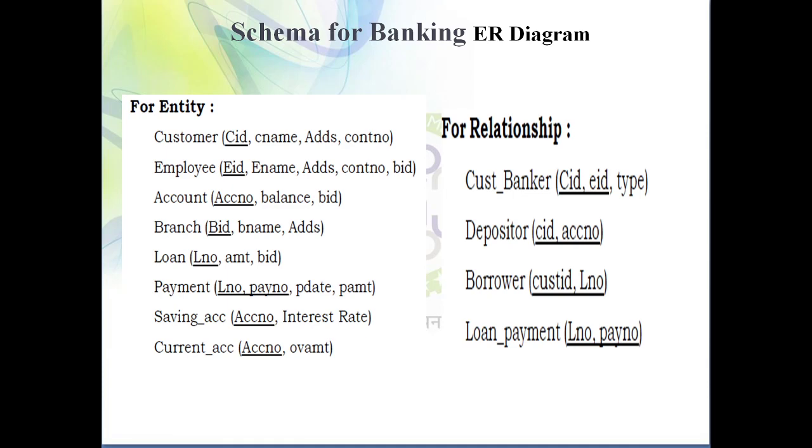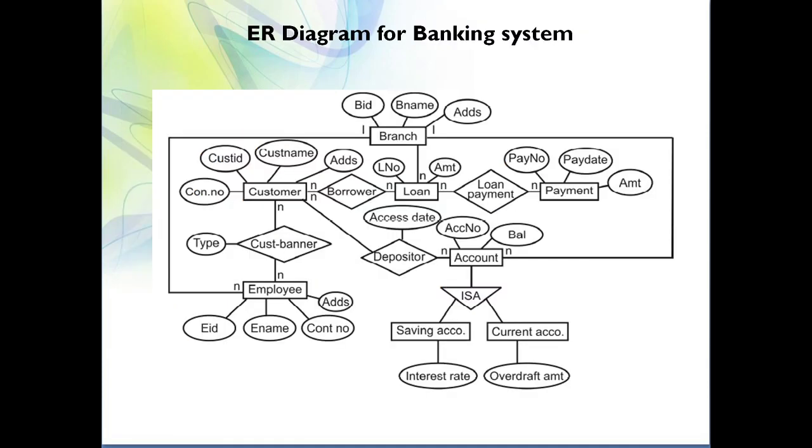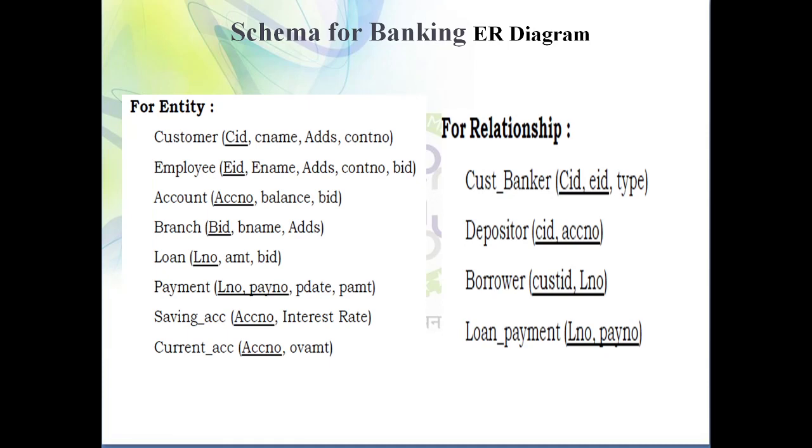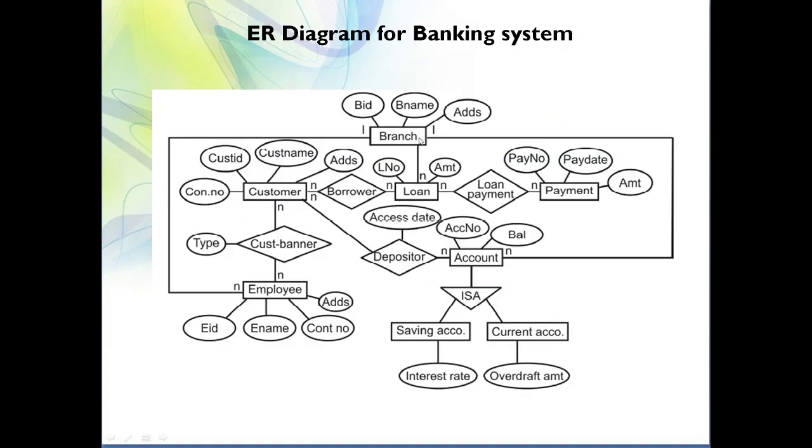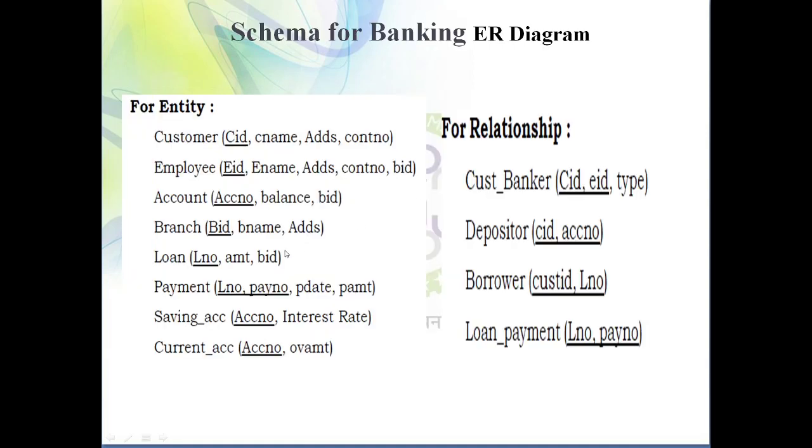Okay, that's why you need to think of all these things. You need to consider all these things while drawing the ER diagram. Okay, the next one is, after the employee table: account number, balance, BID. Branch table: BID, BName, address. Then in the loan table you also find loan number and amount, but between branch and loan a one to many kind of relationship is there. That's why you observe over here one additional attribute is added into the loan table.